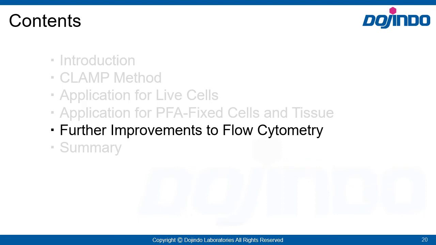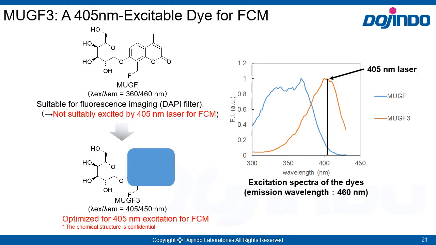So far, the data presented has been from fluorescence imaging, but the benefits of clamp extend to flow cytometry, improving that method's sensitivity as well. The structure of the clamp dye, Mugf, is shown here. In the graph to the right, Mugf's excitation spectrum is represented by the blue line. As the line indicates, it is difficult to excite at 405 nanometers, which is very often used as the exciting